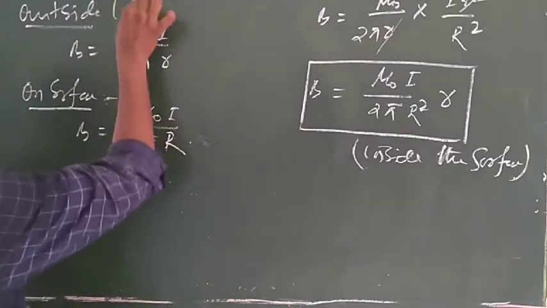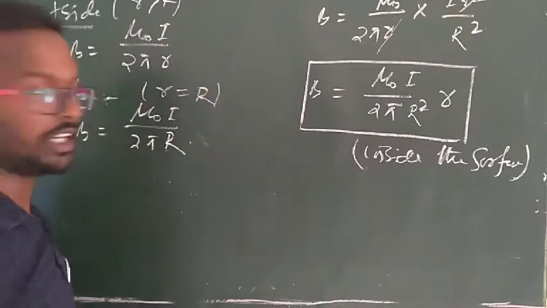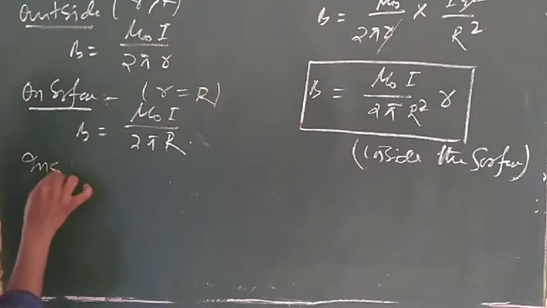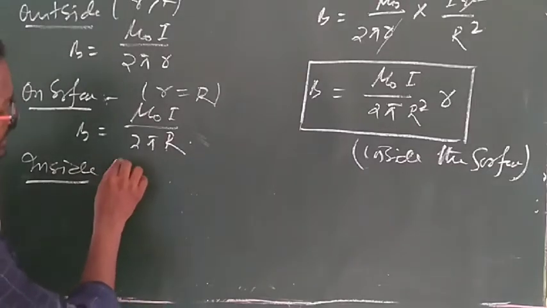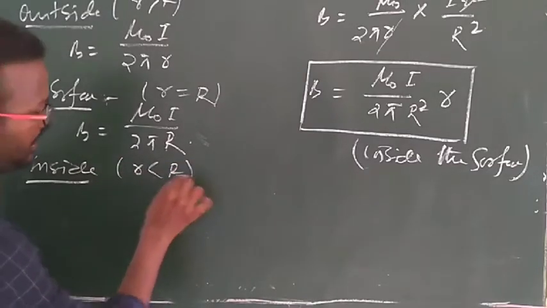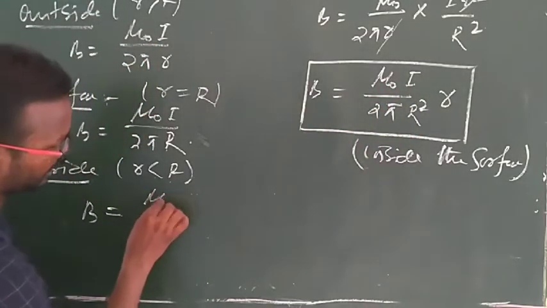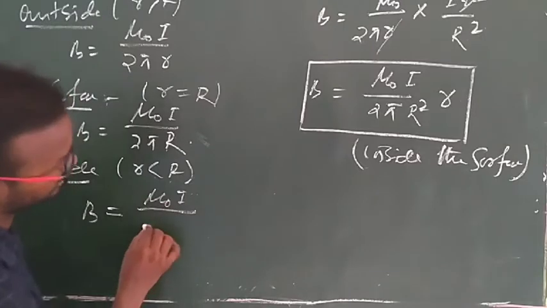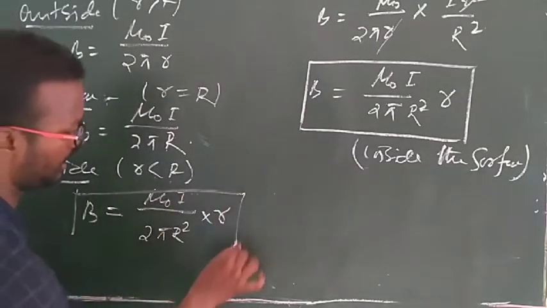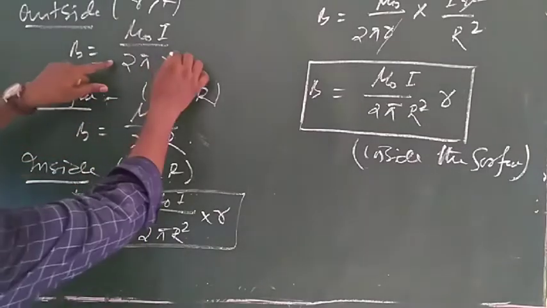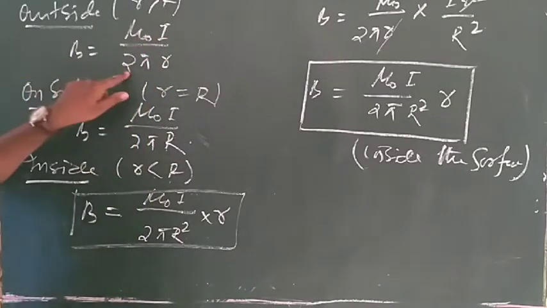That means outside point, that is r equal to R, but here on the surface r equal to R, and inside point, inside within the surface, that is r which is less than capital R. In this point, B equal to mu naught I divided by pi R square into r. Clear? From this relation, B is the quantity, and mu naught is constant, I constant, 2 constant, pi constant,